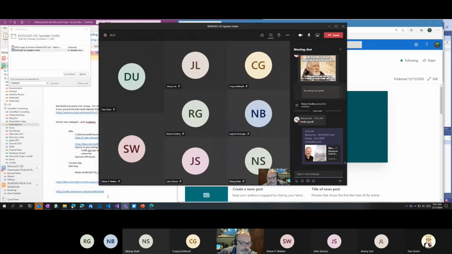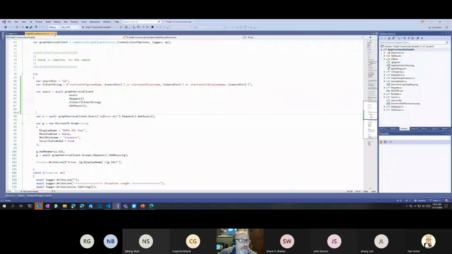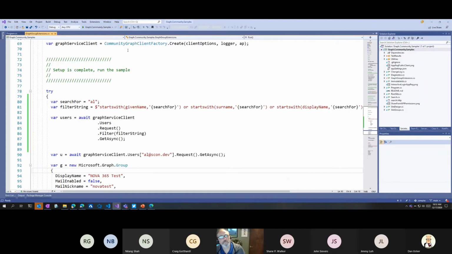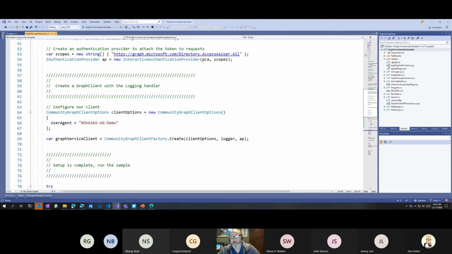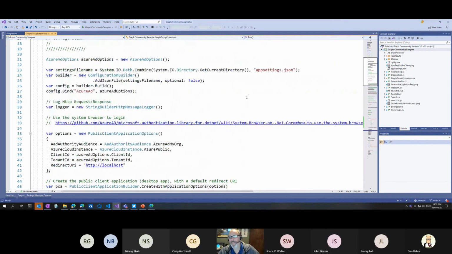So now let's talk about a console application. I've been doing this for a long time, so for me that means .NET. So I'm going to open up, I have this here. I'm going to have to zoom this one up, and I don't need Dan's help on that one. I know how to do that here. So this is a console application. This is .NET Core 3.1. Yes, I know .NET Core 5 is out, but I haven't gotten there yet.